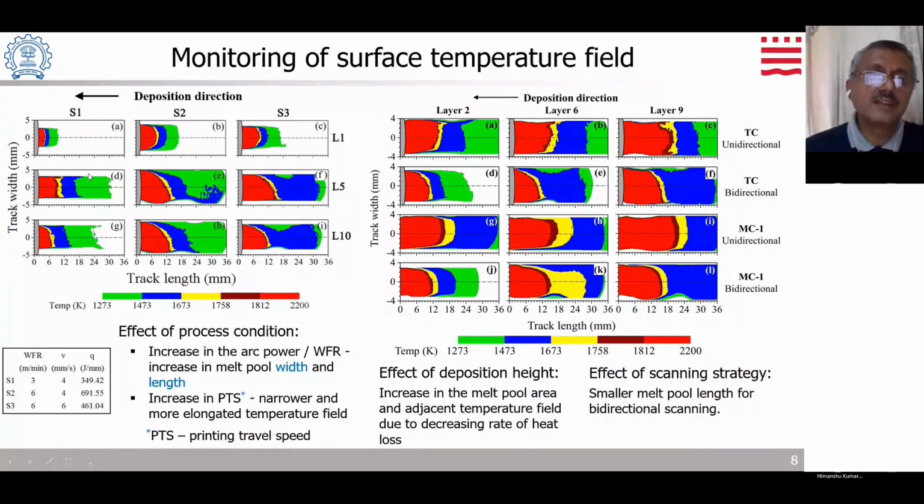As you can see here, there are three different conditions, for example, at layer 1, layer 5 and layer 10. If we go from layer 1 to layer 5 to layer 10, as we are moving to upper layers, the melt pool length is increasing. That is not only important; what is also visible here is that the melt pools are getting more and more